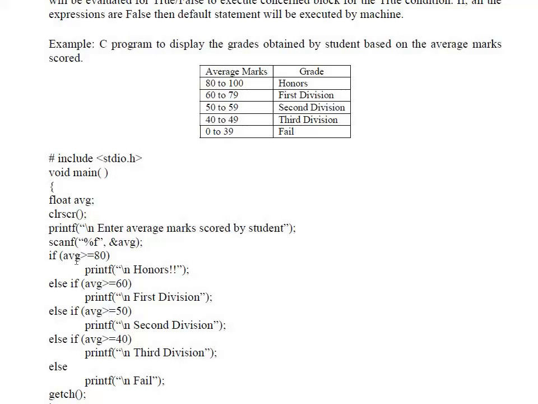I asked many questions like this. More than or equal to 80, you said no. More than or equal to 60, you said no. More than or equal to 50, you said no. More than or equal to 40, you said no. Don't ask any more questions. If all these conditions are false, definitely the student has failed. The program is over. In this example, getch is statement X, which works every time. But here how many choices do we have? 1, 2, 3, 4, 5. One of the 5 works depending on the condition. This will be a good example for